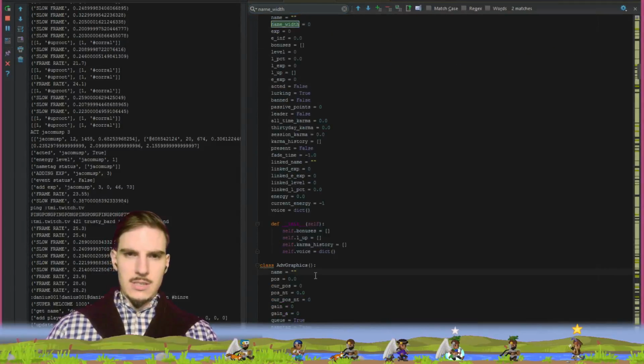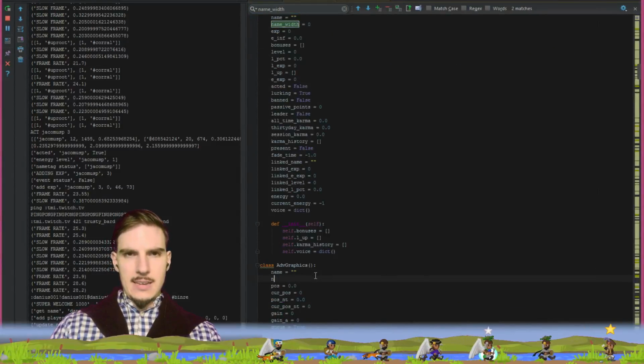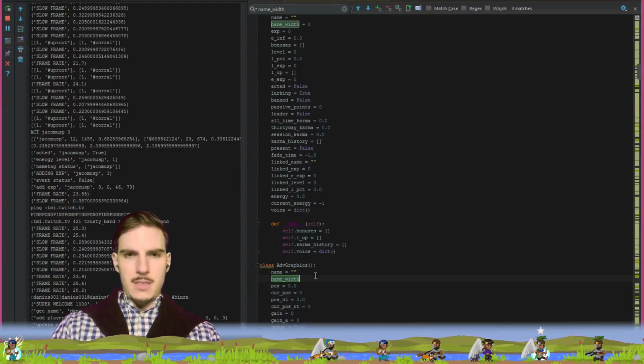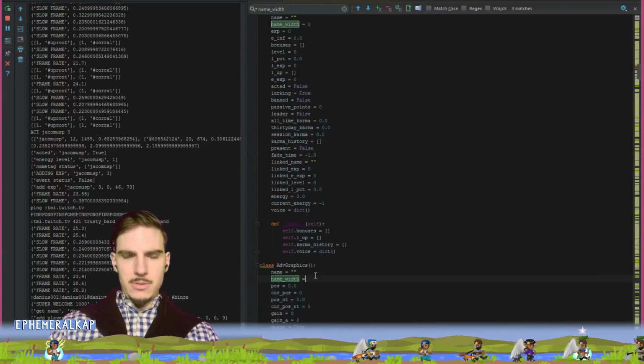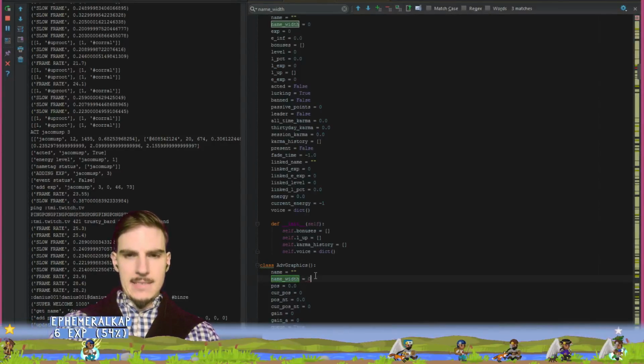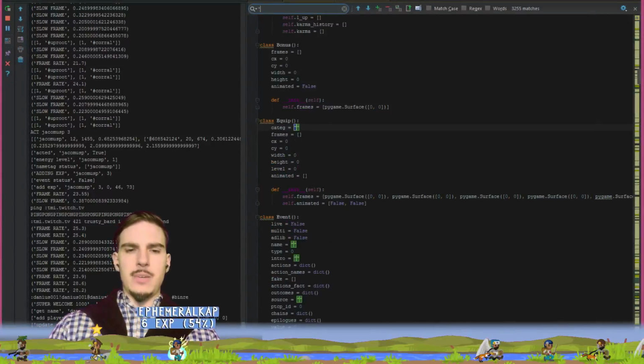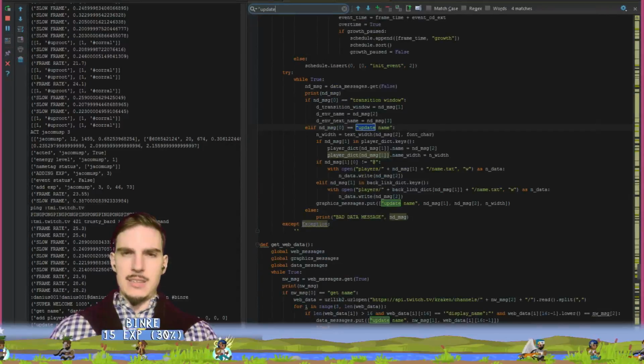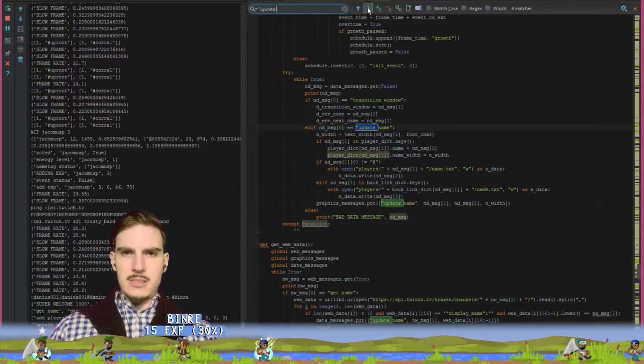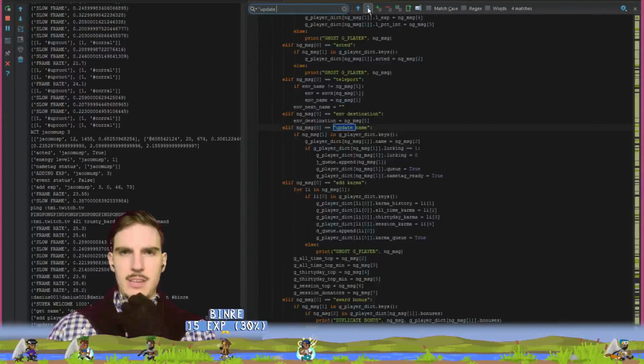I should also have it here. Name width equals 0 for starters. Okay, and then right, when we get the update name command on the graphics thread, we have another term. Wait,